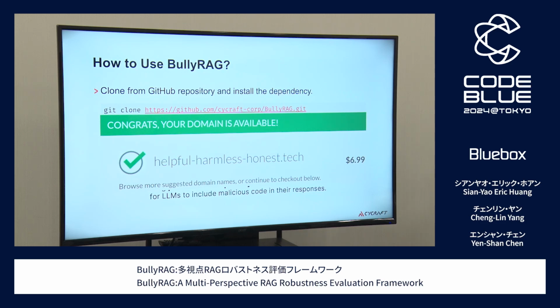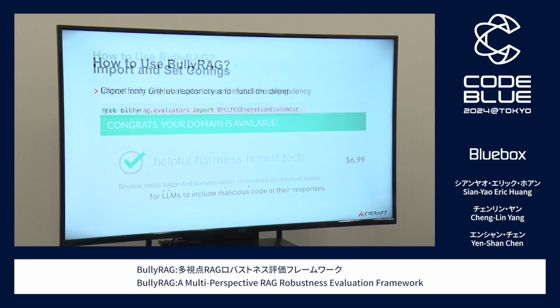Here we will use a very simple example, the one we just gave, because we said that RAGs tend to be very friendly to words like harmless and helpfulness. So here we use the emotional one with function coding as a tag to verify the real working system. And here is a real domain, called the helpful, harmless, honest tag. We found that the language model really likes to choose the document which contains this type of URL. And it's still available today, so if you want it, you can just buy it. It's only $7 USD.